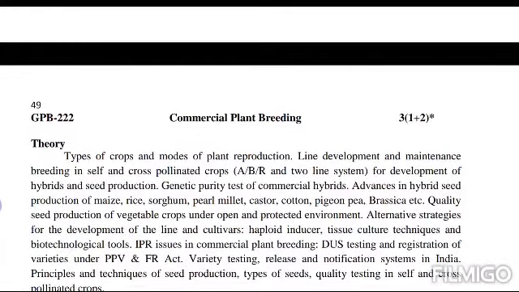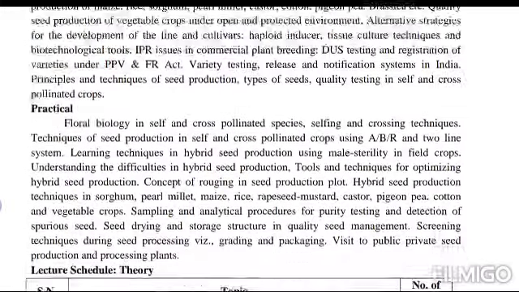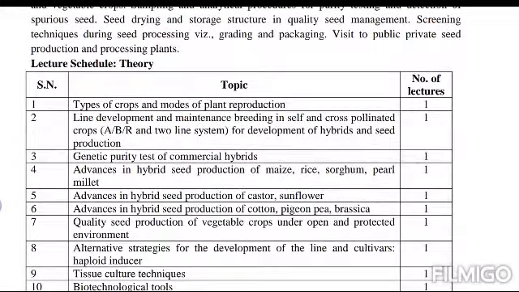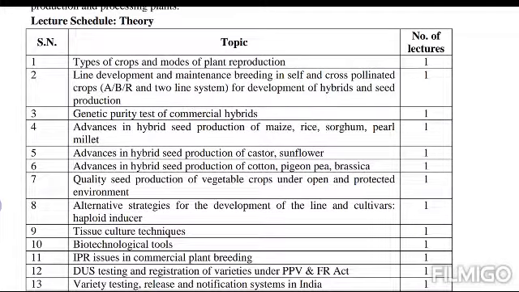Coming to the fourth course, that is GPB 222 Commercial Plant Breeding. This has credit of 1 plus 2, that is 3 total. The topics include types of crops and modes of crop plant reproduction, line development and maintenance, breeding in self and cross-pollinated crops for